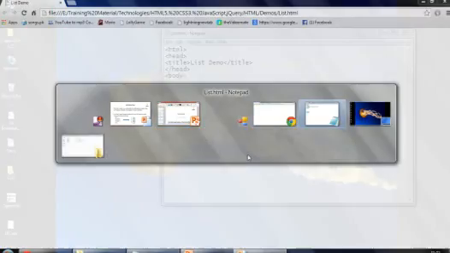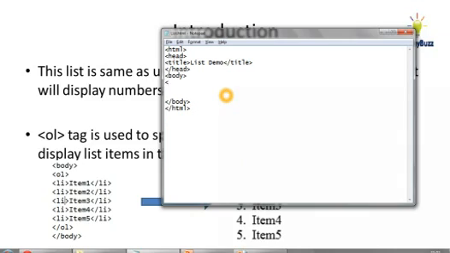Let me show you a demo over here. I'm taking the same example of the places that I want to visit, but this time I'll show you the sequence, like the priority in which I want to visit. So I'll take the OL tag for the ordered list, and in the list items, first of all I want to visit India.